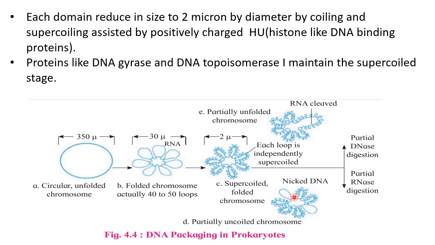Then the RNA connector. Here we see the RNA which is connected to the DNA, or which maintains the folded structure of DNA, gets cleaved or cut with the help of the enzyme ribonuclease. So the prokaryotic DNA becomes folded, coiled and supercoiled, and is reduced up to the size that is 2 micron, so that it can fit inside the small bacterial cell or prokaryotic cell.